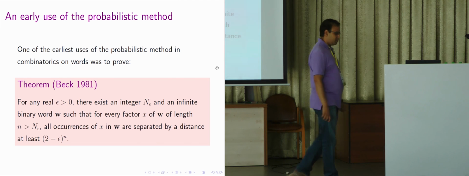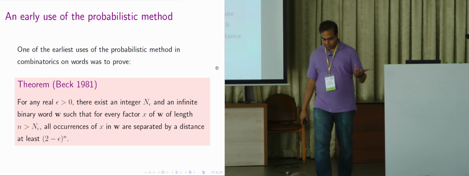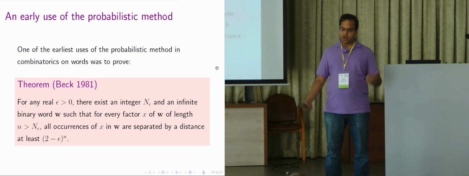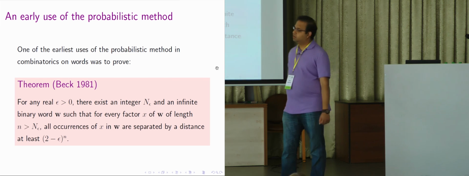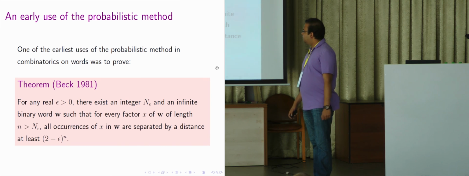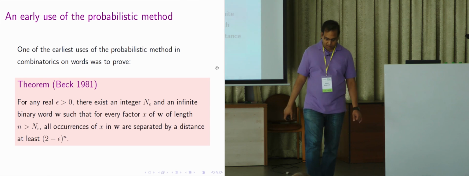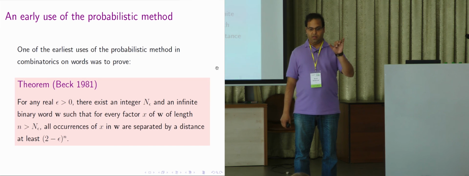So, one of the first uses of the probabilistic method to prove some kind of avoidability result was this result of Beck in 1981. Okay, so you can read it. What it's saying is that,